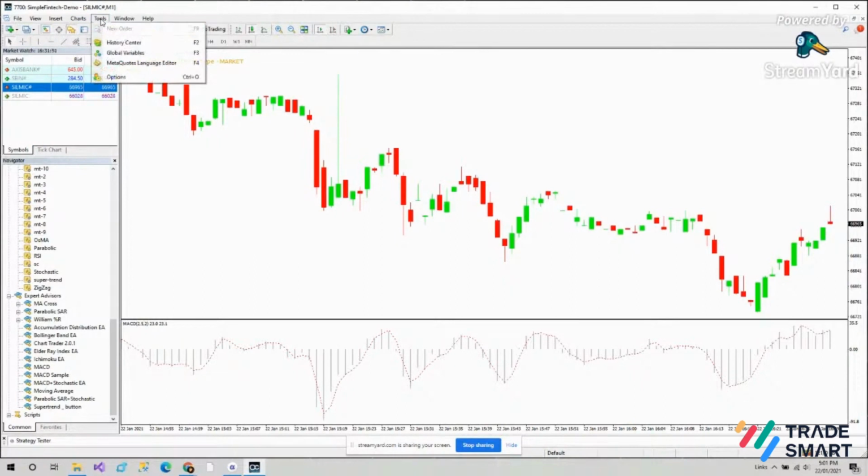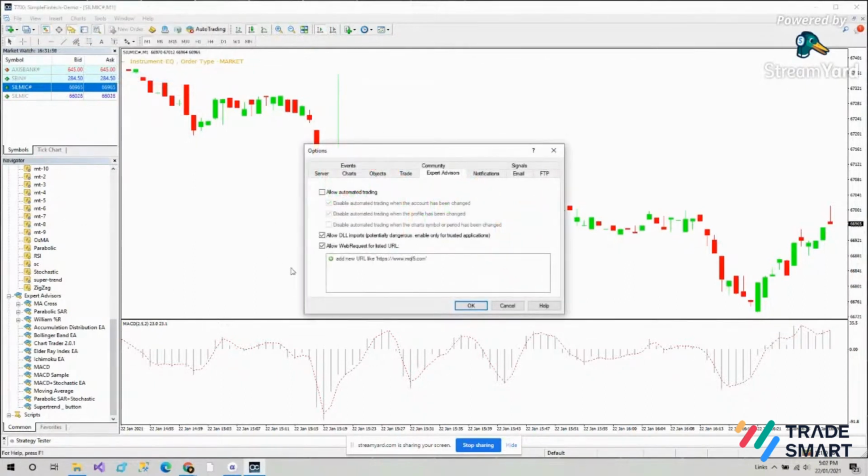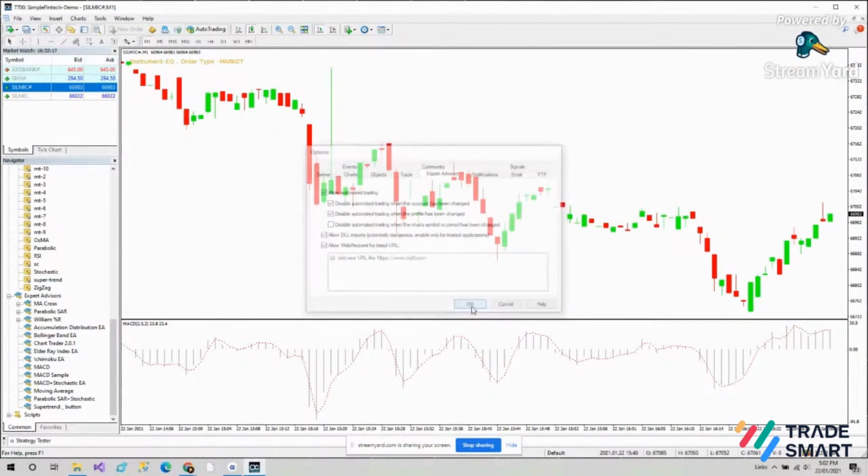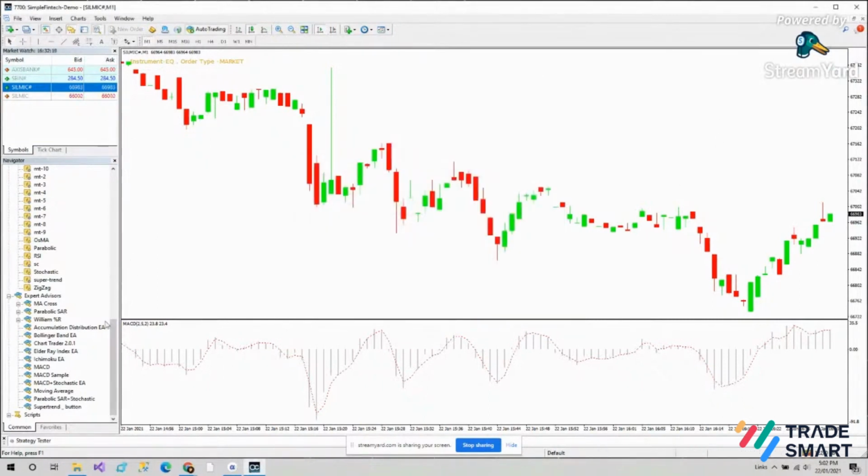Now go to tools and come to expert advisors. After clicking on options, you will find this box here and you'll have to click on allow automated trading here and then click on OK.